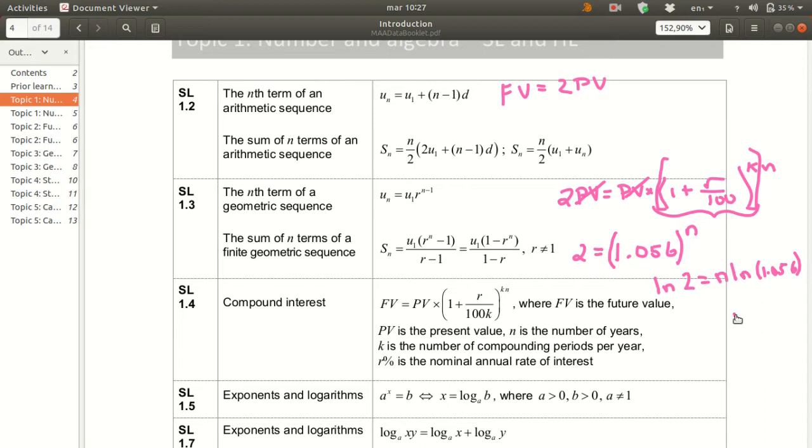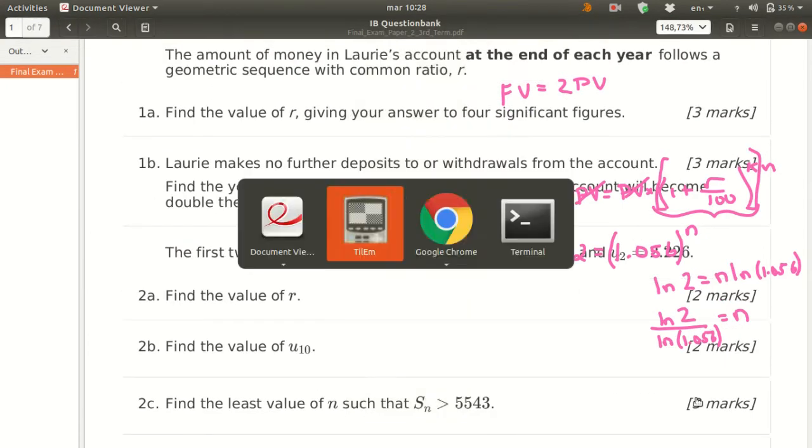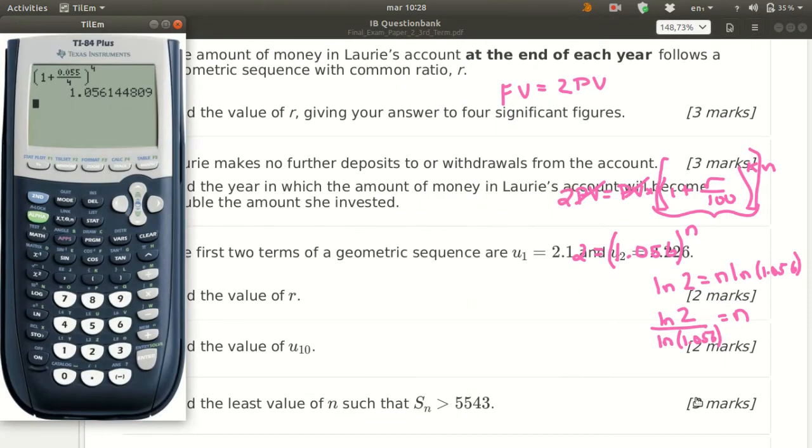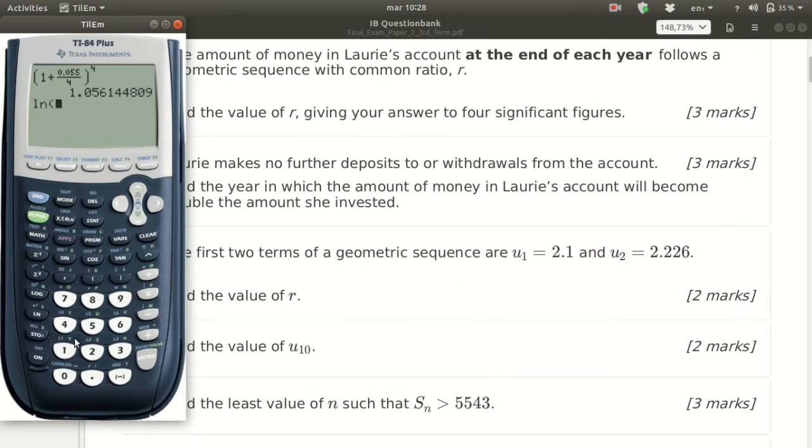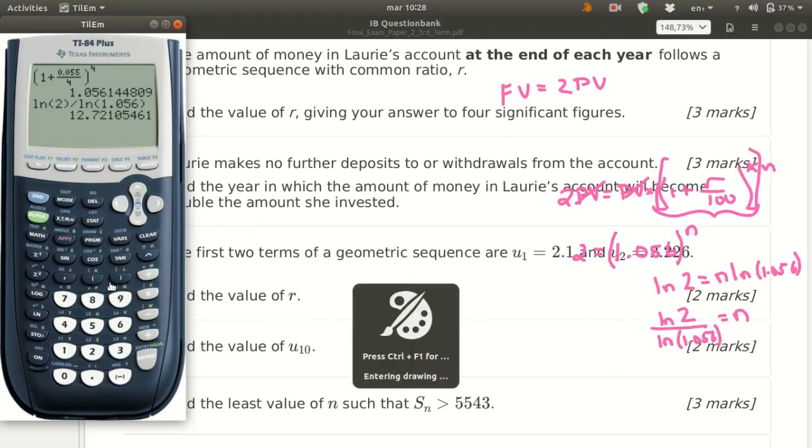And then to solve for n, we can simply divide. So natural logarithm of 2 divided by natural logarithm of 1.056. Okay, so this is the amount of years. All right, so let's look at our calculator. Okay, so natural logarithm of 2 divided by natural logarithm of 1.056, 12.7. Okay, so 12.7